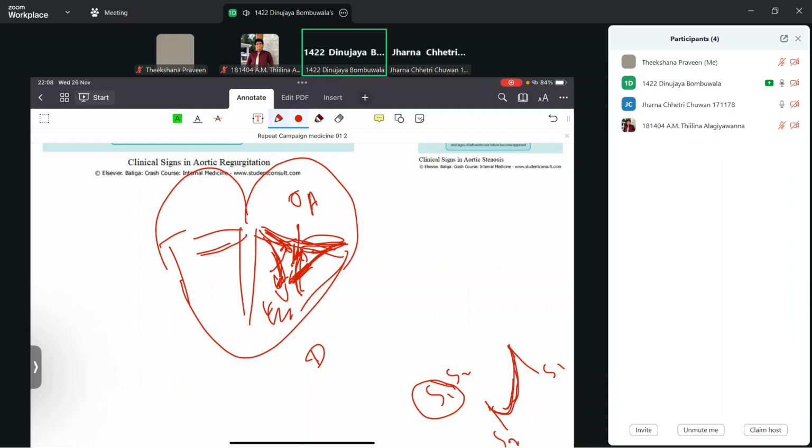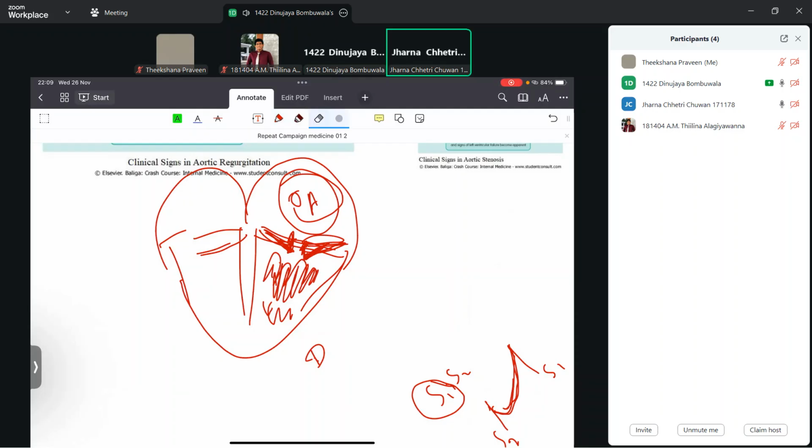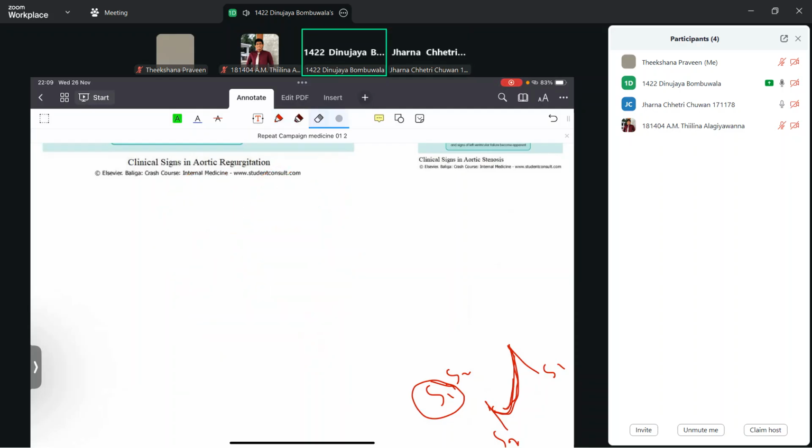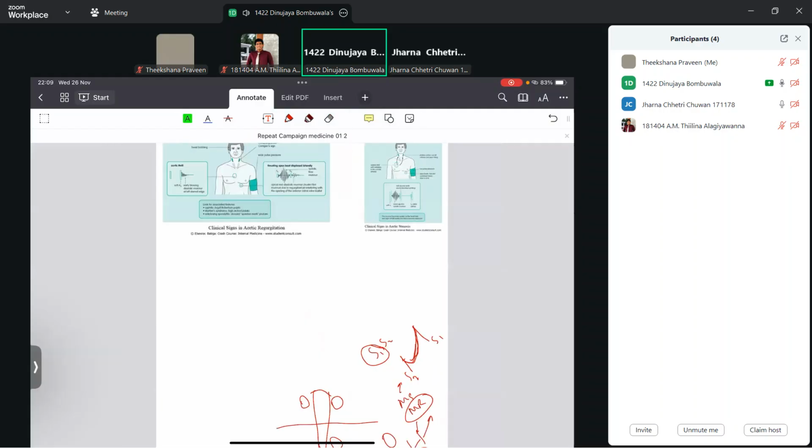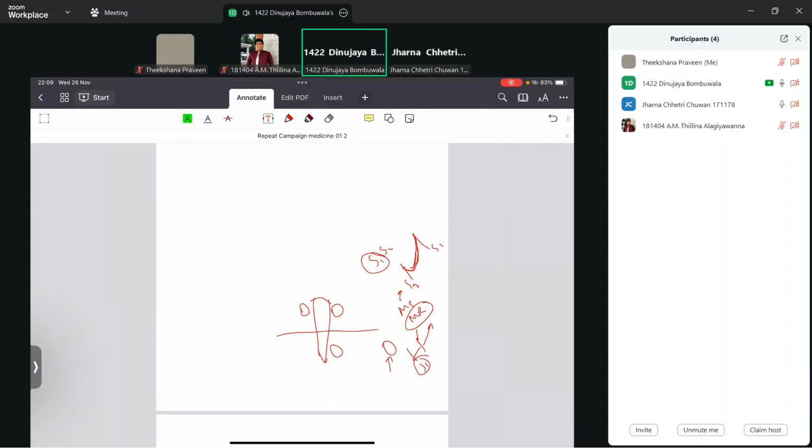But in MR, there is regurgitation of blood, and because there is increased blood in the atria, at the end of diastole there is an increased amount of blood within the ventricle. So the cusps are not going much down at the end of diastole, the distance they have to travel is short, and S1 is not much loud, it is soft. I usually remember it like that.